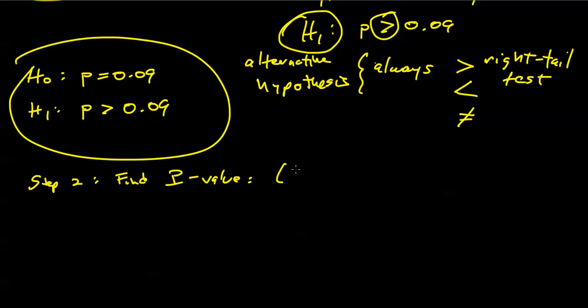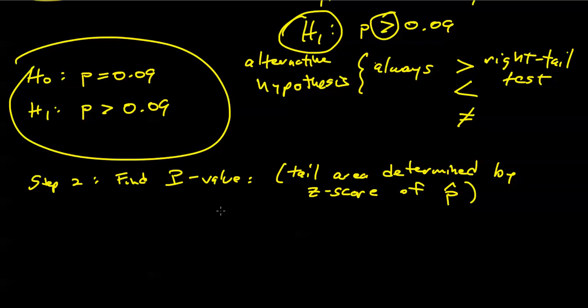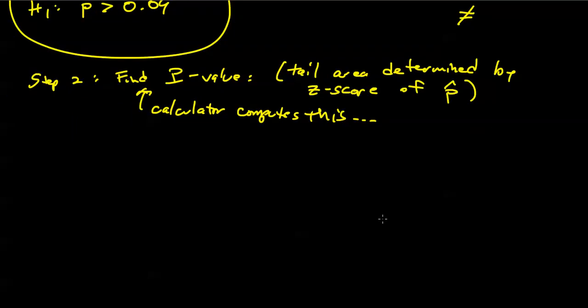Now remember, the p-value is the tail area under the standard normal curve determined by the z-score of p hat. Now, the good news is the calculator will compute this for us. As we mentioned before, the calculator computes this. So we're going to take full advantage of our calculator in computing the p-value. It's pretty simple. If you go to your TI 83 or 84,